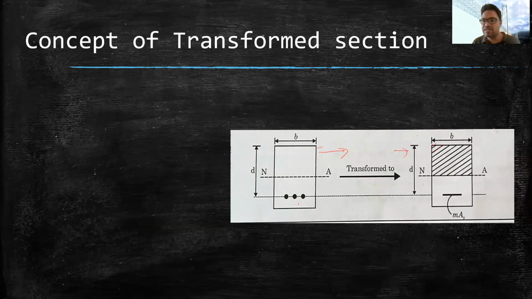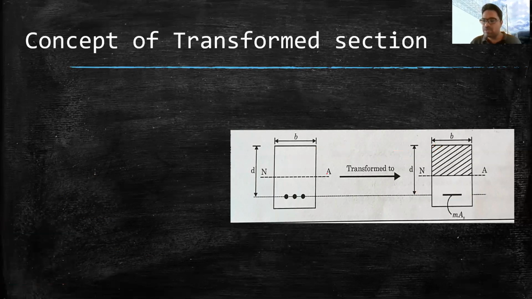with an equivalent area. I am showing this equivalent area by this single line. This may be large because we are replacing the same area of cross section with the equivalent area of concrete. So it may be large, but for the sake of demonstration, I am just showing you the small part. Okay.